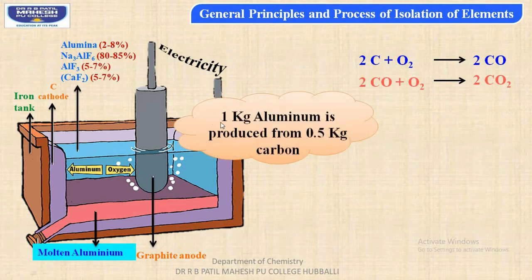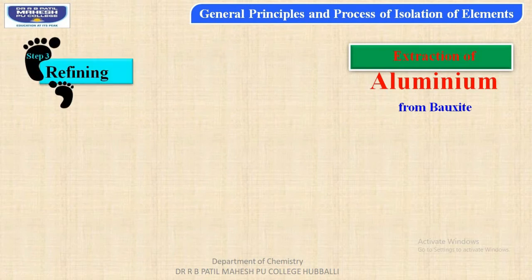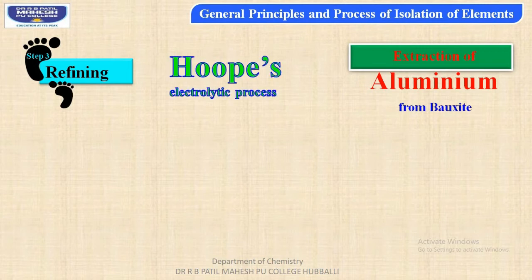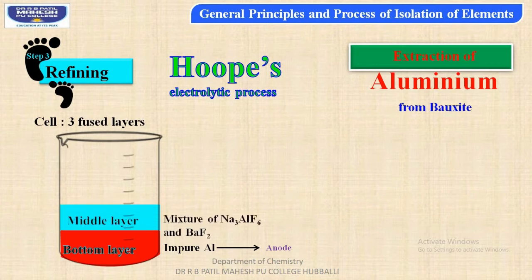In this way, students, for the formation of 1 kg of aluminium, it consumes nearly 0.5 kg of carbon from the anode rod. Now let us continue with the third step, that is refining of aluminium metal. For this, students, we are using Hoope's electrolytic process, and in this case the cell consists of 3 fused layers. The bottom layer consists of impure aluminium, which is made the anode, whereas the middle layer consists